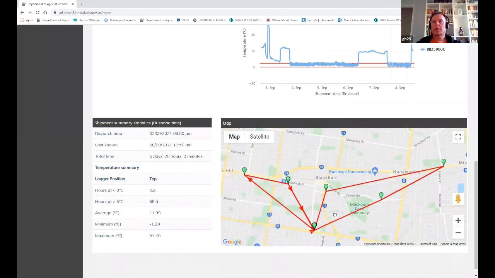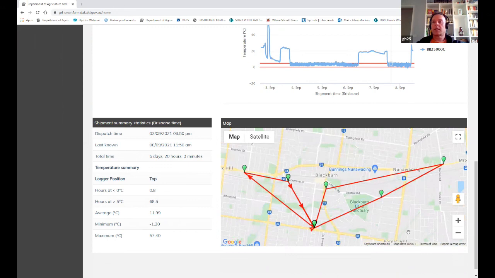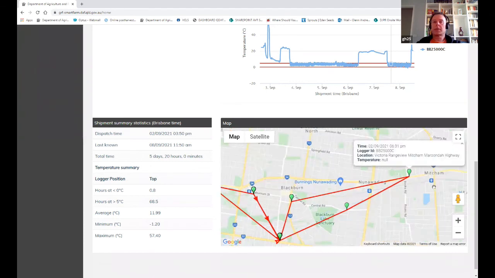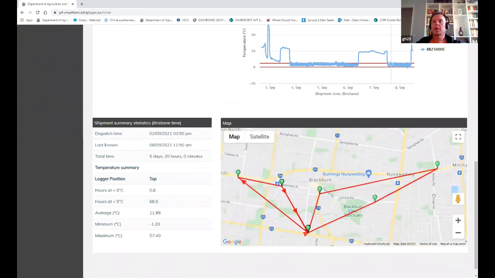These green circles here, I guess, are where the logger's updating to the mobile phone towers. It has been stationary at my house for a little bit, so it's pinging off a few towers at the moment. I did walk up east of my house over Springvale Road just for a walk, and it's picked up a tower down here on the right.